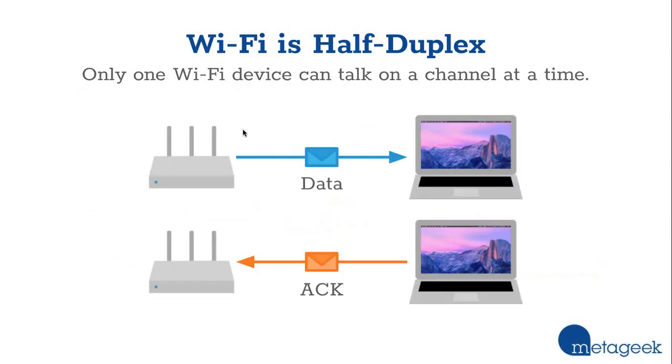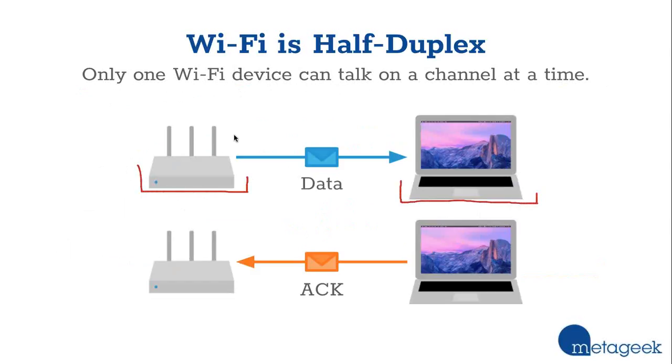So let's stop and take a look at what a typical wireless conversation looks like. Let's take a look at how they actually convey information back and forth. And what we're going to do is we're going to do that high-level overview now, and then we're going to dive into this really deep a little bit later on as we get deeper and deeper into this packet analysis stuff. So let's say that we've got an access point here, and we've got a client device, and they need